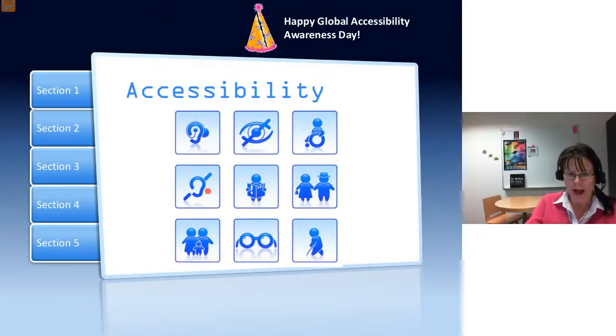Then we've got people who are hearing impaired, people who maybe cannot read, the elderly. Families may have a disabled child. We may find someone who needs glasses or other adaptive tools to carry out their daily tasks. And then we've got people who are using canes, who might be blind, or might have a hip replacement, etc. Brilliant, Teresa.